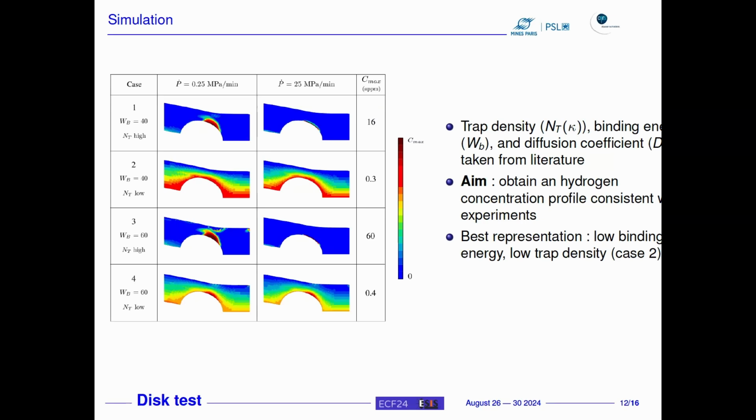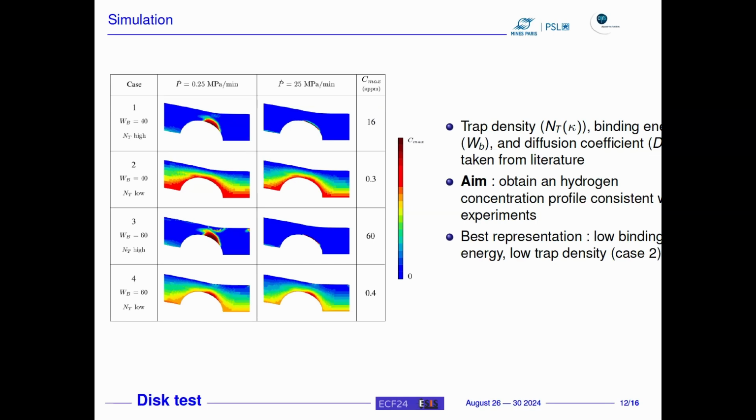If you have a high rate, diffusion, hydrogen cannot diffuse in the material because it gets trapped. And this means that most of the specimen should be ductile. It's not consistent with our fractography. Here also, that's with a high binding energy, but we get the same results. We get much nicer results if the